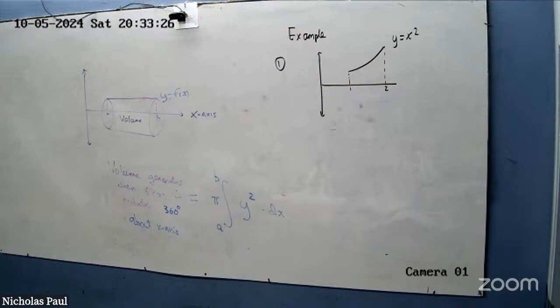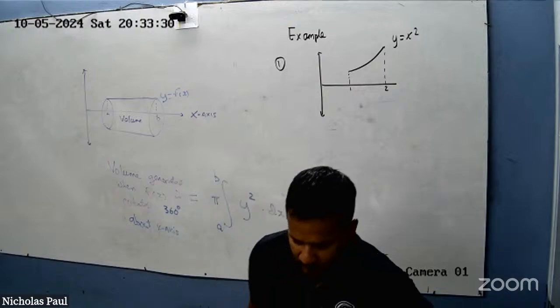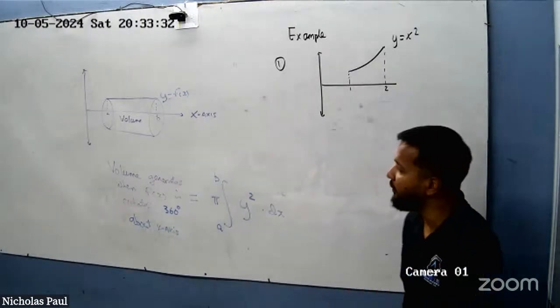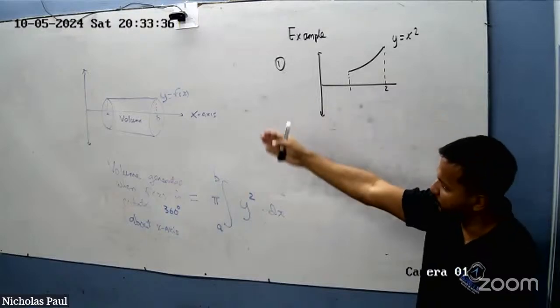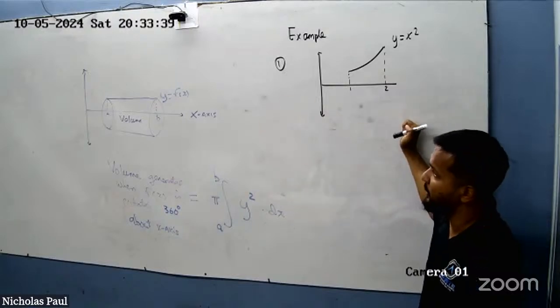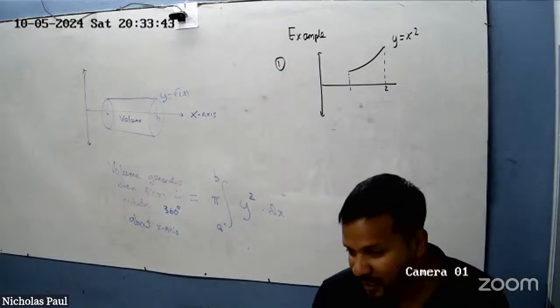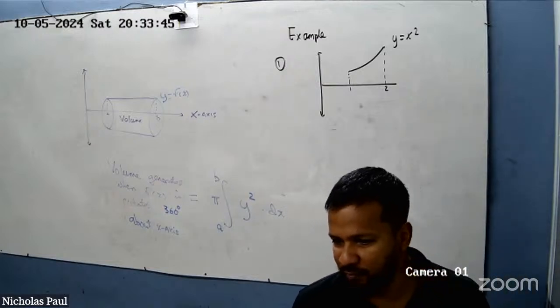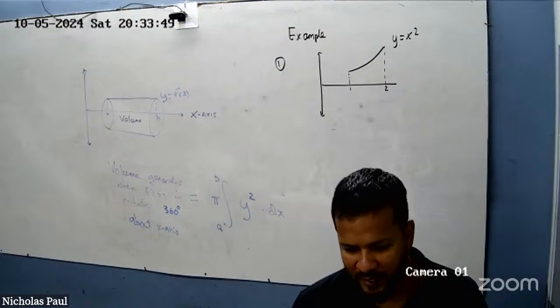Are you ready? So here's what we're doing. Number 1. I just want you to get used to the wording. This is just one little formula we're using. The portion of the curve y is equal to x squared between x is equal to 1